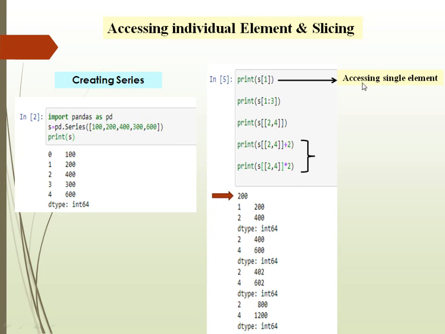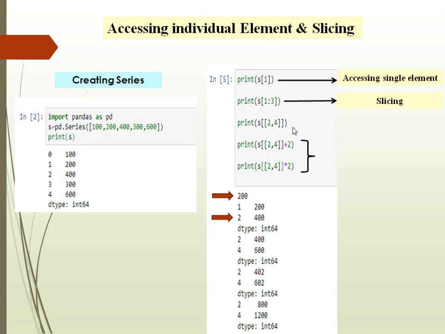So we are taking out the 1 and 2 position values only from the series s, because in slicing, the last value is not included. Remember this, we'll do it in class 11. So here 1:3 means only the first record and the second record are going to display, meaning 200 and 400 are going to display with index numbers. See the output? Clear?